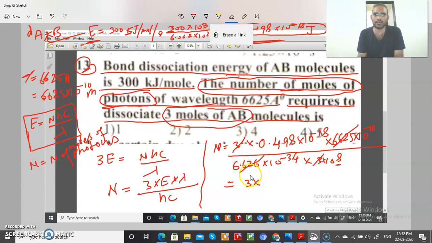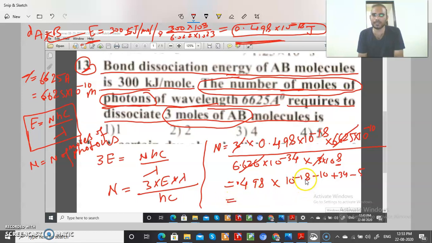If you check, what is left here? Let me erase, student. So if you are erasing this, what is left, student? What is left is 4.498 into what, student? 10 power minus 18, and this 10 power minus 10 minus 10, and this 34 will go on top, that is plus 34, and this here was 5 because 3 I have taken to remove the decimal. So it will go on top, that is minus 5. So how much is coming, student?